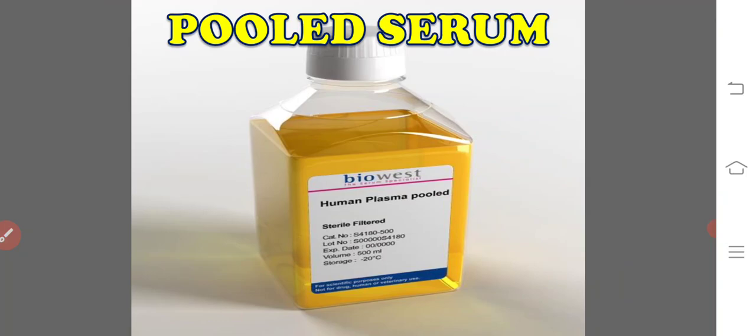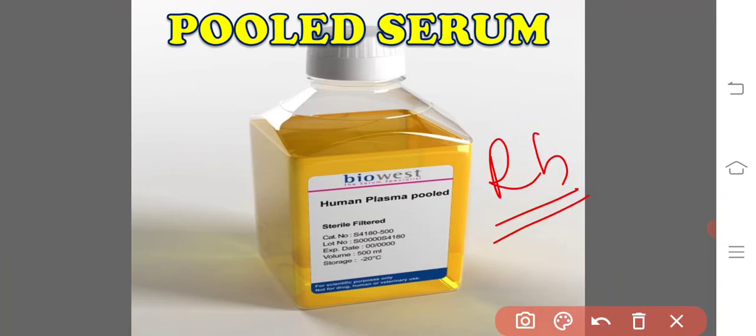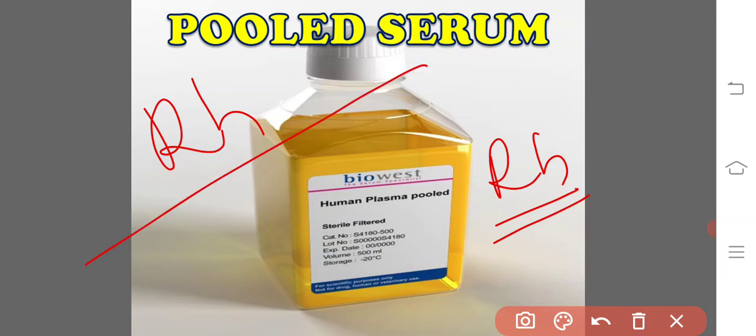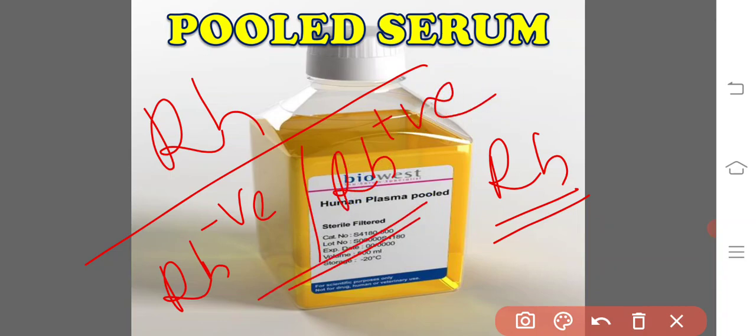The best example for this is the use of RH immunoglobulins during delivery to prevent immune response to the RH factor, that is rhesus factor, in an RH negative mother when there is an RH positive baby. This is about the pooled serum. And coming to the